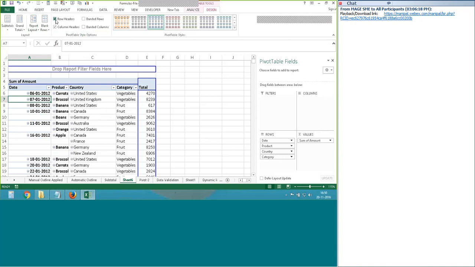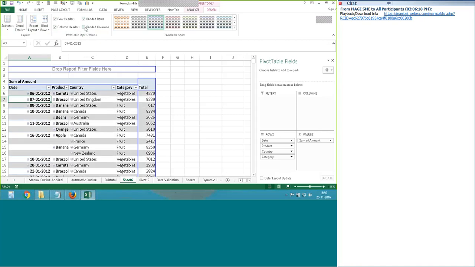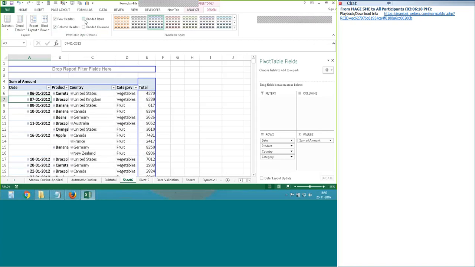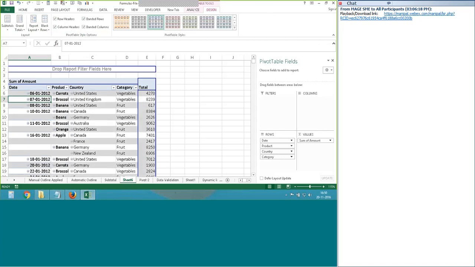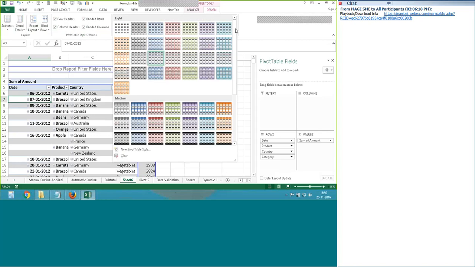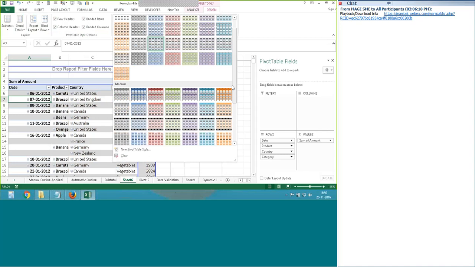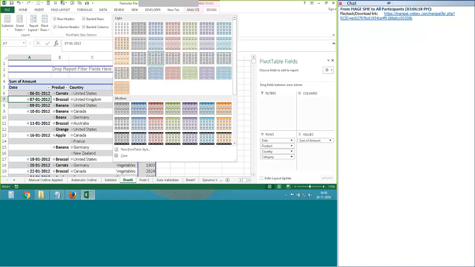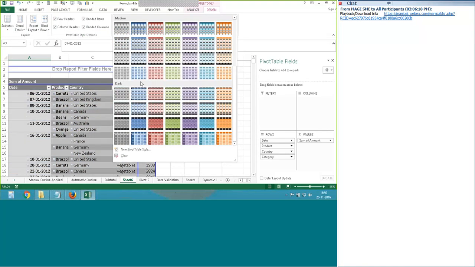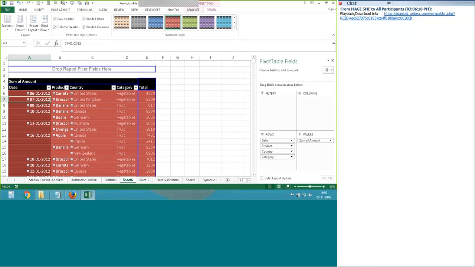Then here, show header, or show column header. That is for the table. So the table concept: banded rows or banded columns. Here are the lines which you can activate or deactivate, banded rows and columns, and pivot table styles. So we can work with a lighter part, a medium, or a darker part of the pivot table. So we have three components: light, medium, and dark. You can check with this